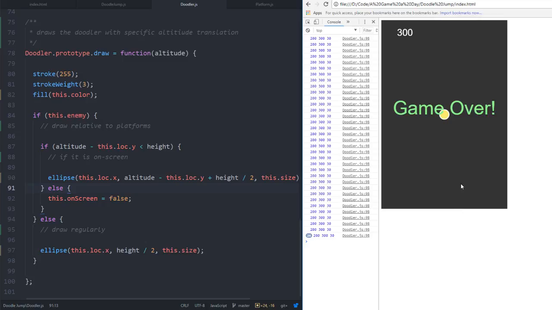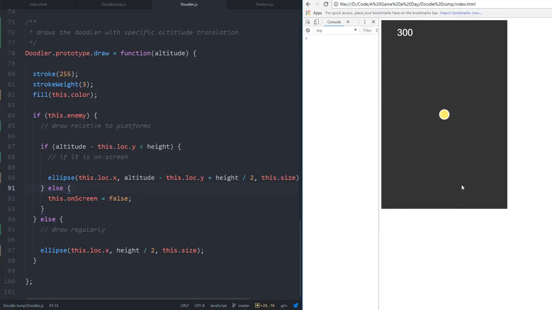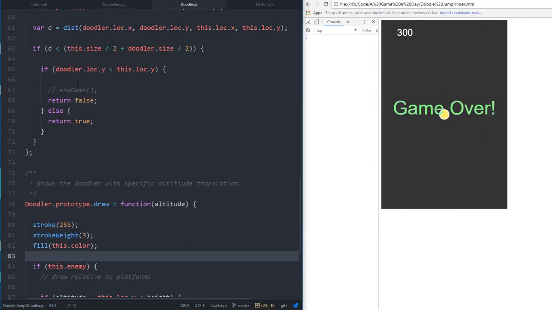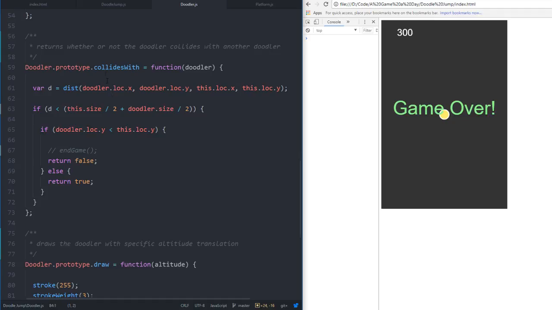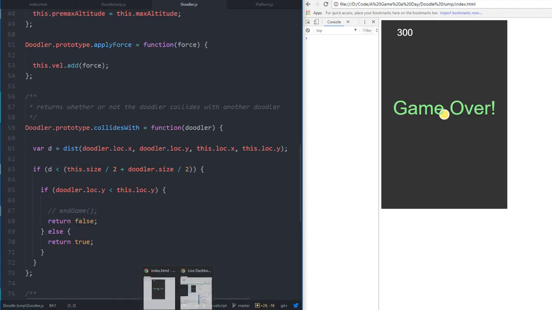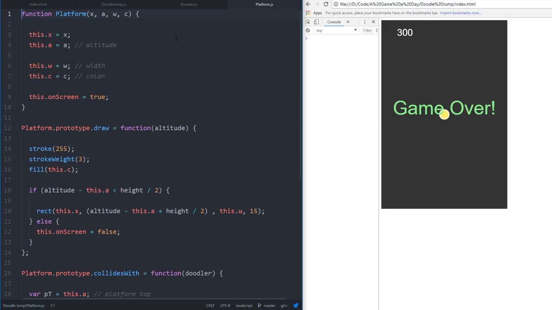I didn't save it on accident. So collides with isn't having it. Oh, that's because platform. No? What's up with this then? Maybe